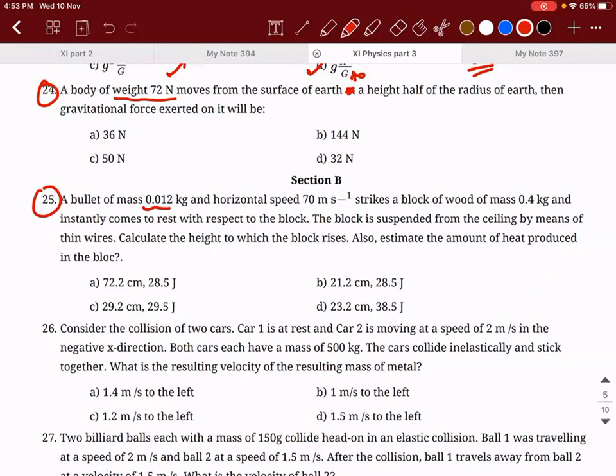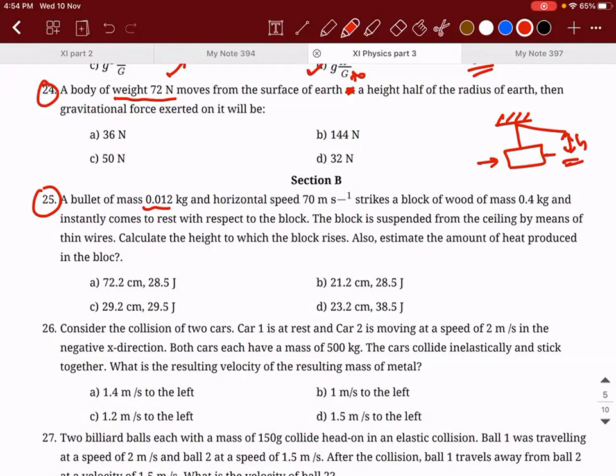Sir, the energy is getting lost in it. Energy is getting lost. Okay, that is okay. The thing is, here there is a collision taking place. Energy is getting lost. So if you understand the question, the block is there and the bullet is traveling into it and it is getting raised to a certain height. So you can take this as an example of a perfectly inelastic collision.